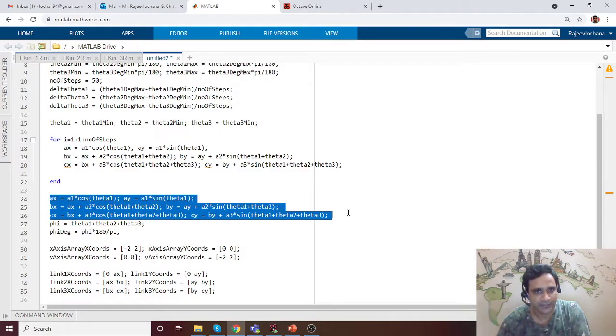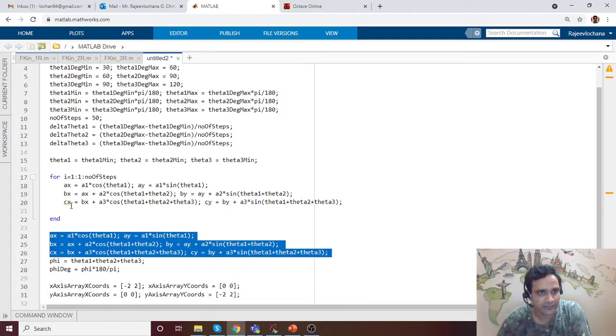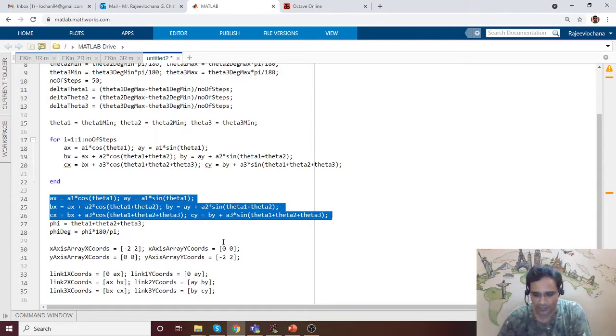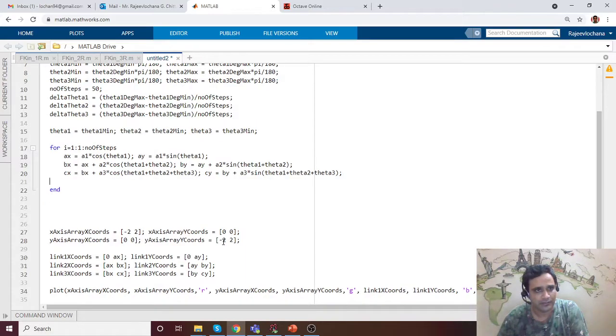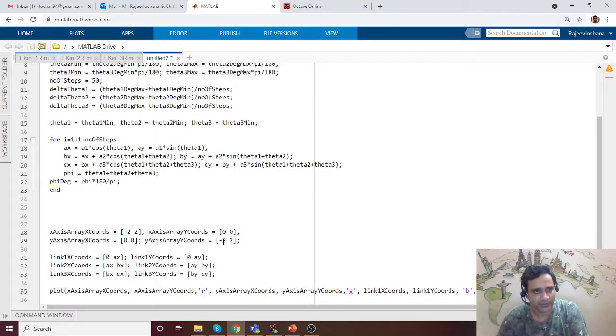Let me get rid of this. Did I use cx anywhere? Might be unused, that's fine. So now these values also, if you want, you can take it there and put it like this.